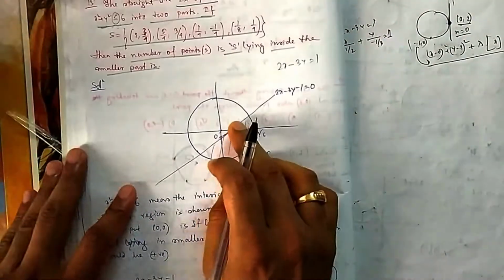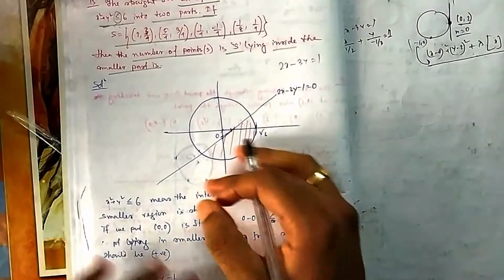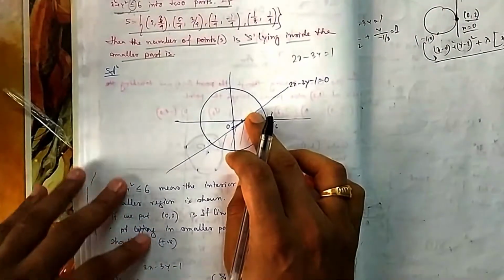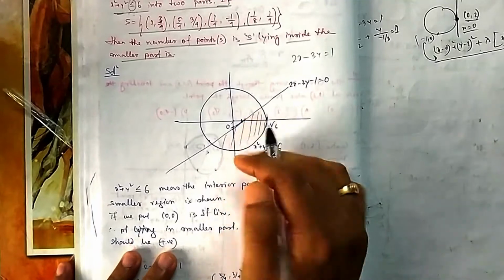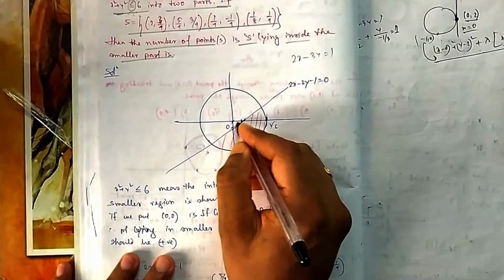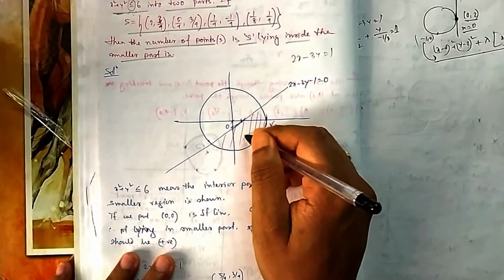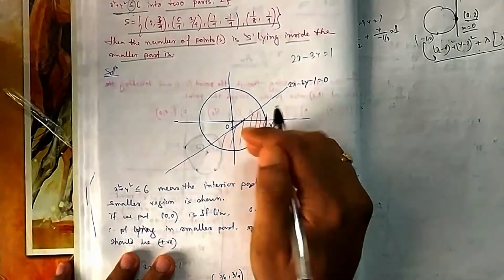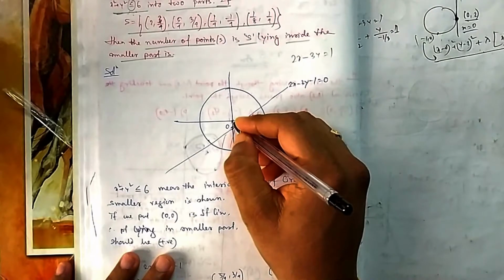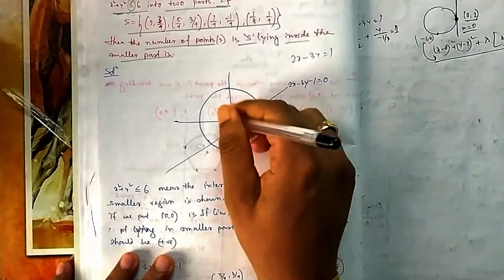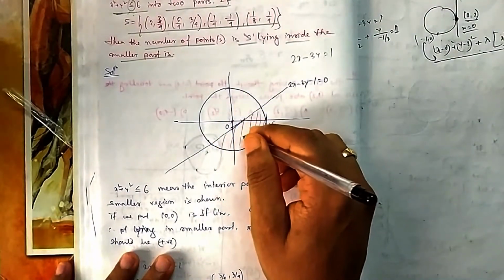So how to check whether it is on a straight line, this side or that side? That also we have explained. Point with respect to a straight line we have explained in that topic. So if you put the origin, you know a point this side of the origin, what is the sign I am getting? Because to lie in this region, the sign should be what I got. If I put 0 here and got positive, then if I put this point, I should get negative.